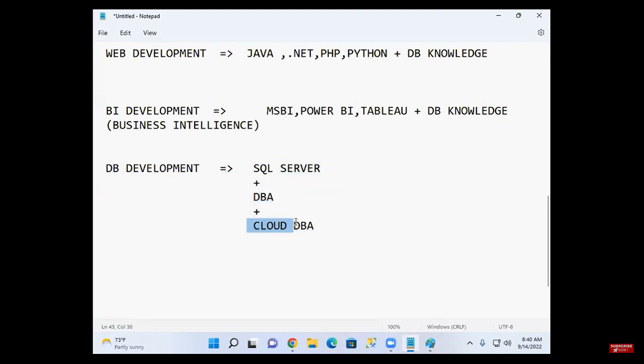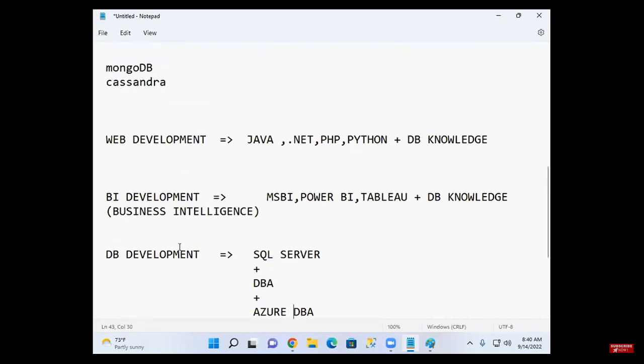Then learn Cloud Azure, and you can become an Azure DBA, a cloud DBA. Microsoft's cloud is Azure, so you can become an Azure database administrator. So these are the different paths.